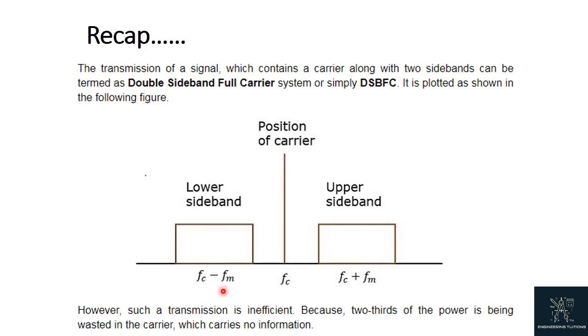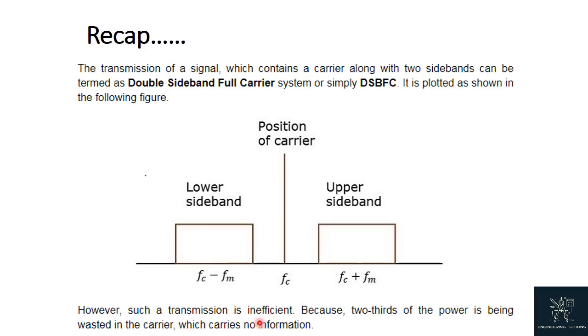carrier frequency. The transmission of a signal which contains a carrier along with the two sidebands can be termed as double sideband full carrier system, or simply DSB-FC. As it is plotted here, it consists of the lower sideband and upper sideband and a position of carrier in the middle of them. However, such a transmission is inefficient because 2/3 of the power is being wasted in the carrier which